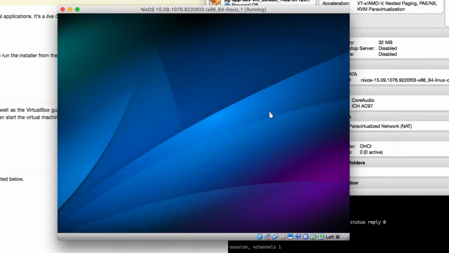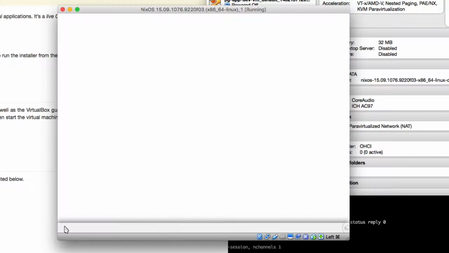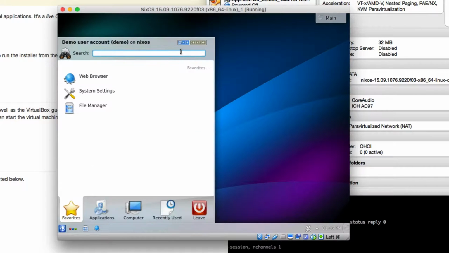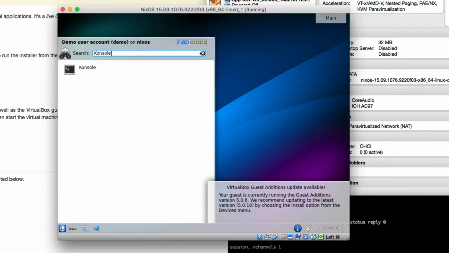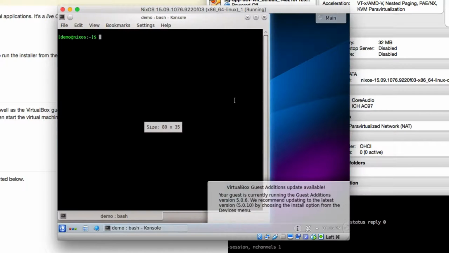Now I've mentioned there are a few tricks, and I will show you what was not really clear in the manual and why it's the case. Let's bring up a terminal, which is called console in NixOS. Console. So the configuration is in